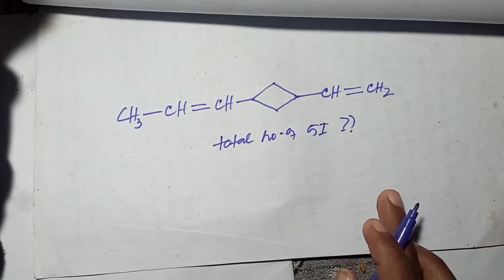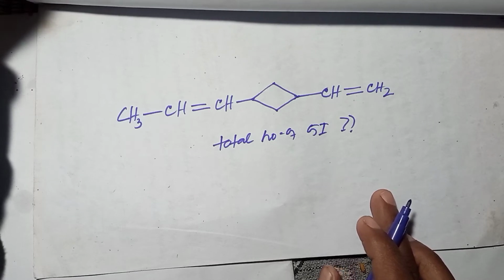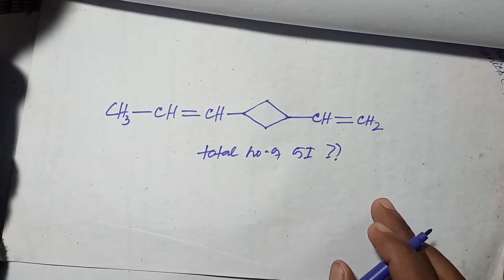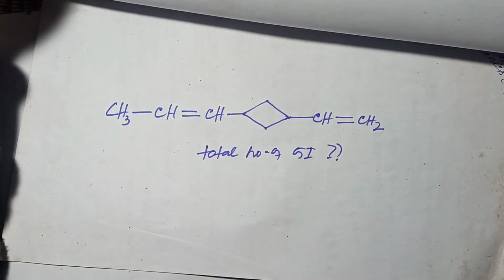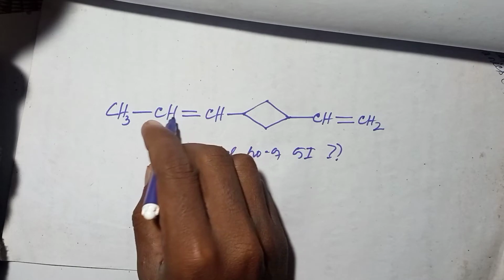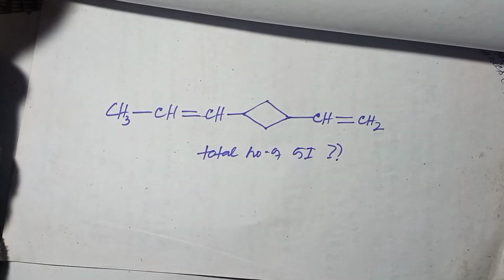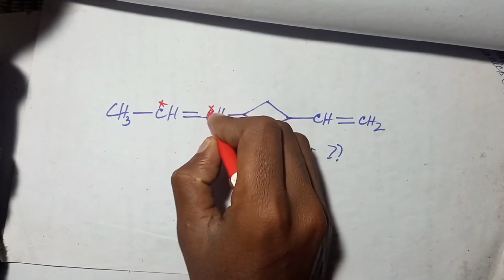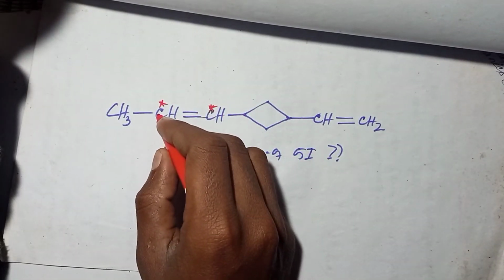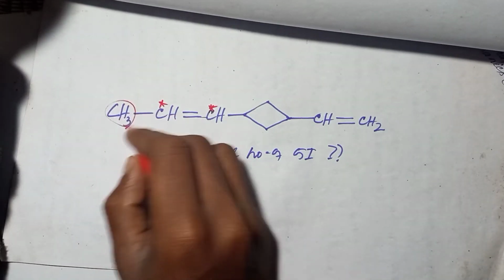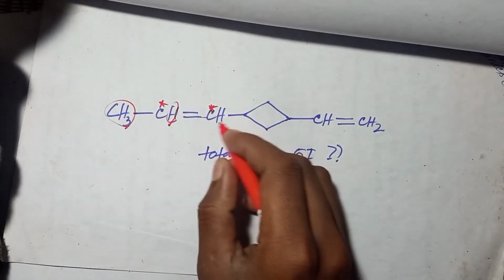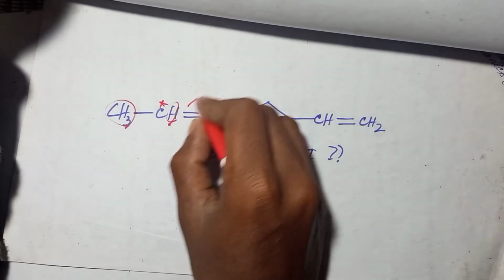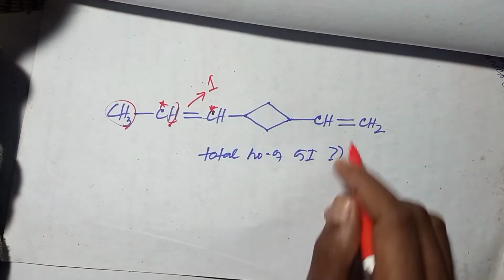In order to find the total number of geometrical isomers in this kind of compound, I have to see the restricted rotatory systems. A double bond is a restricted rotatory system, provided these two carbons are connected to two different groups. This carbon is connected to a CH3 group and hydrogen, so these are two different groups. Again this carbon is also connected to two different groups, so this is one restricted system. Then this one is another